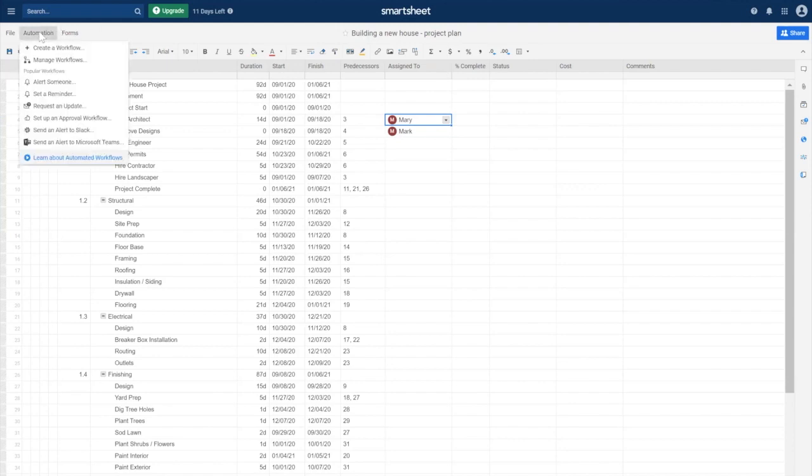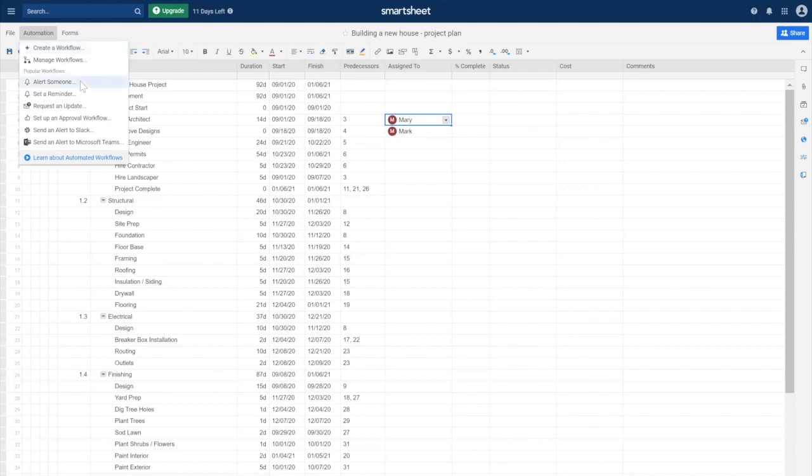And this is one of the things that I really love about Smartsheet, that it is heavy on collaboration. That's one of the main focuses here. You'll see there are a lot of different options here. And once you get familiar with creating and managing workflows, you can accomplish some really complex things in here. I'd encourage you to explore this if that's something that you're interested in doing. I want to